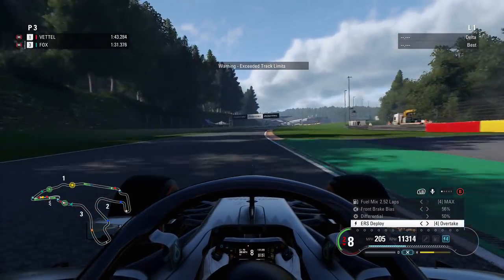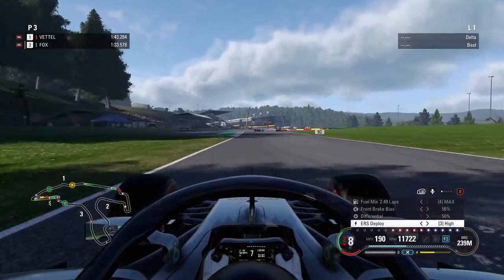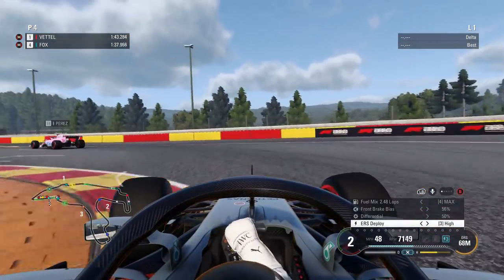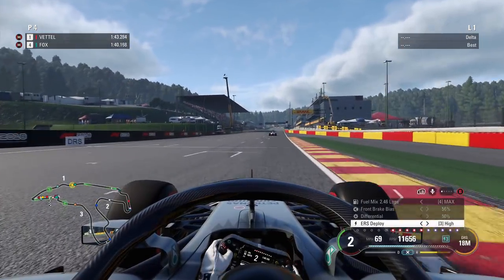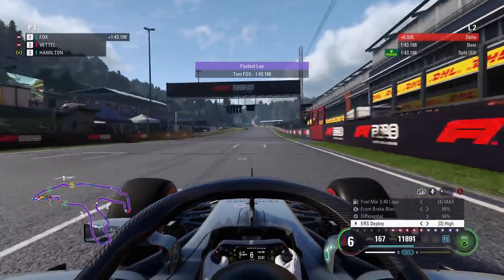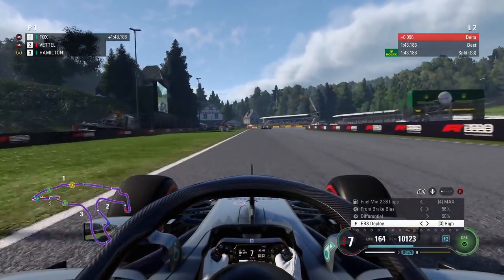Moving on then into qualifying, and as you can see, to Q1, going through Blanchiment, we actually went wide and got a warning for that, but it doesn't really give you an advantage going out wide, so it's not too much of a problem. As you get towards the end of the chicane here, you can see that we've just lost the back end slightly. We still go fastest, which is decent, but of course we've got the likes of Hamilton who's on the